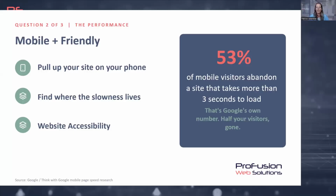You're going to want to try and find out where the slowness lives. And this is a diagnostic part. So this is where it's going to get as technical as it can get. But if your site is slow because of really large photos or you have a video on your homepage, that's fixable in a refresh. If the slowness is because you have a really old theme that's bloated and has a bunch of extra code, or you have a pile of plugins that you simply don't need on your site anymore, it might be slow because you're using maybe a bargain host, something that's super cheap, but you're getting poor service because of it. That might be a more structural issue that needs to be changed in a rebuild